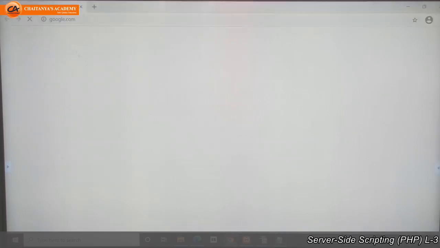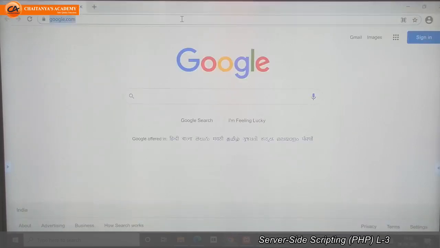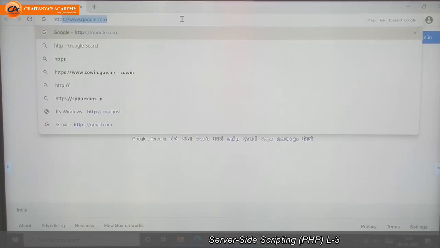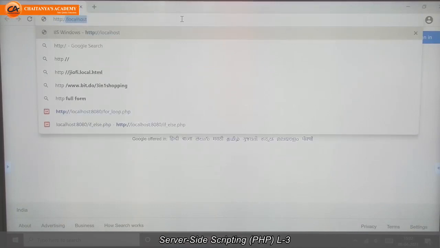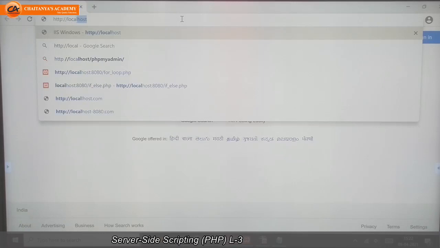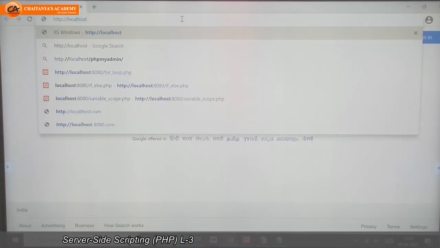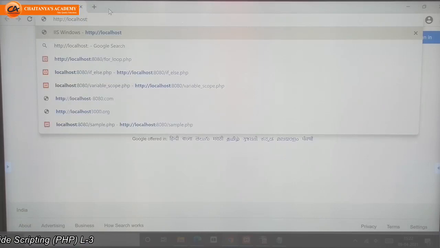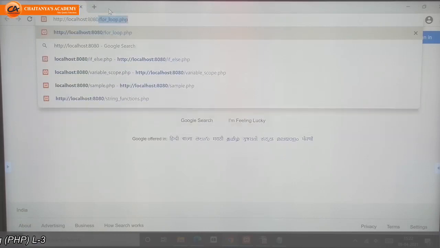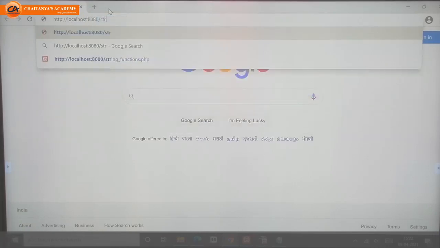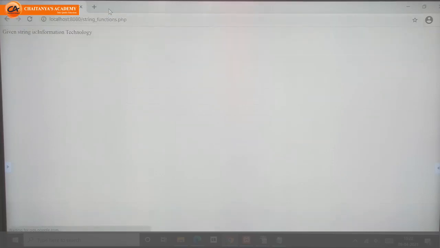Then go to your browser, type there http://localhost, the port you are going to use, slash the name of your program, string functions.php.